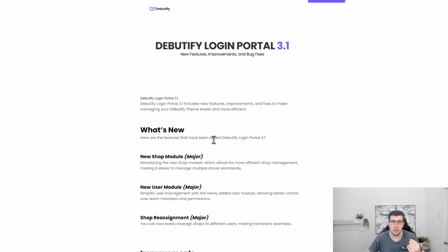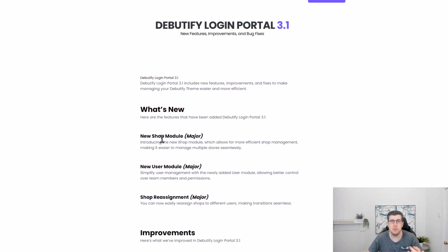As of today, the release has a new shop module, introducing the shop module, which allows for more efficient shop management, making it easier for multiple stores seamlessly. So for people that have additional stores, it allows you to change between primary, secondary. As we're starting to implement additional store licenses, this is a step towards that so that users can have more autonomy of managing it. Okay, so we're working on a lot of structure there so that people can have multiple licenses at cheaper to